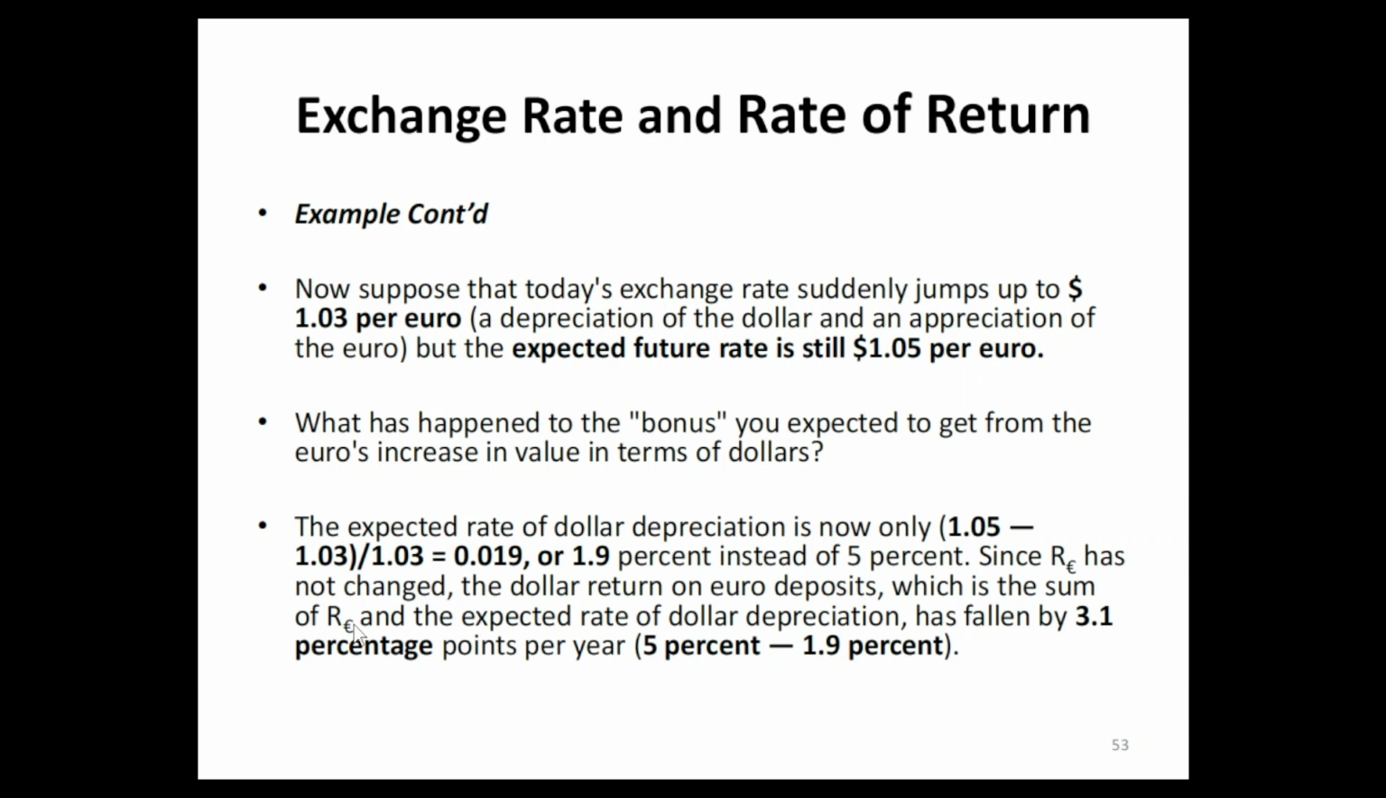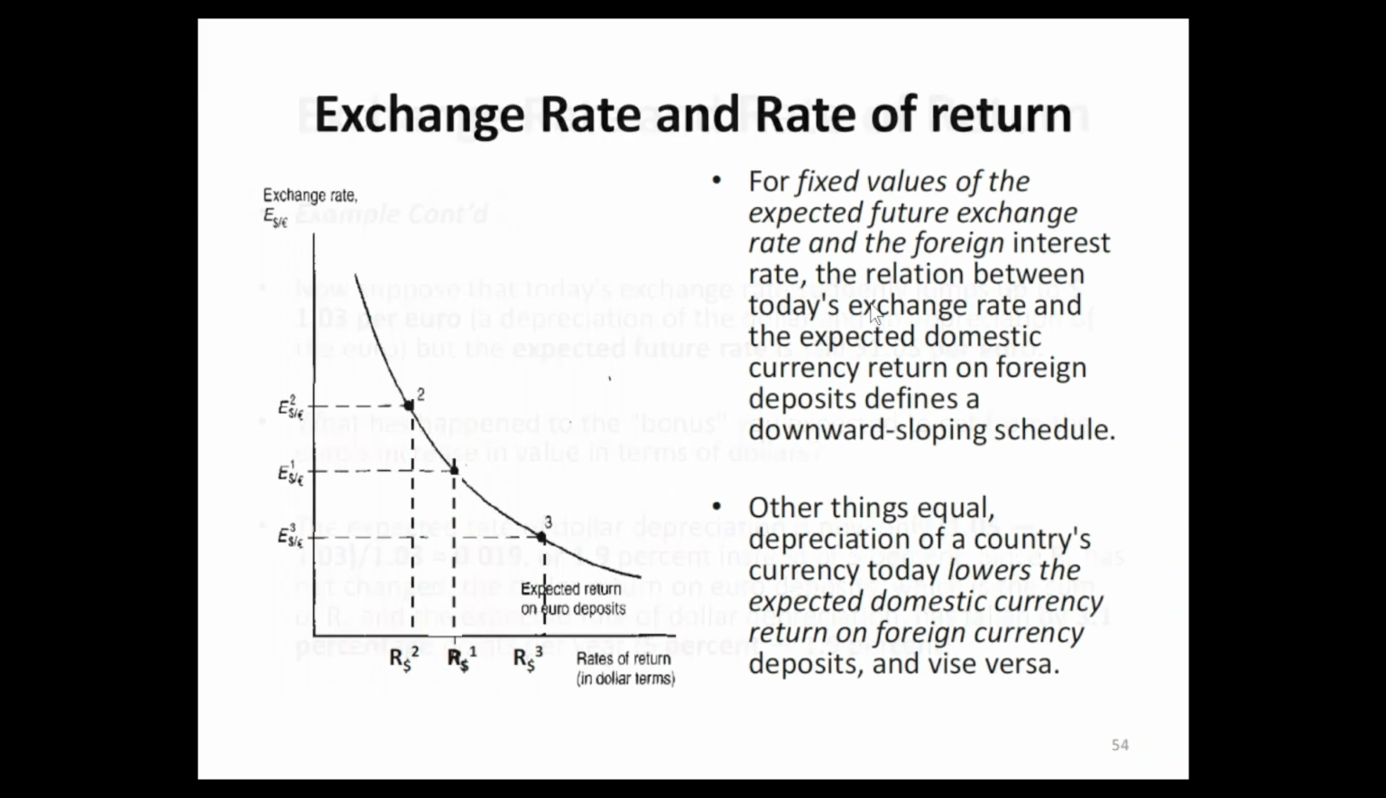interest rate of the euro and the expected rate of dollar depreciation, right, has fallen by 3.1 percentage points per year, because 5% minus 1.9% gives 3.1%. We can do this. So here, looking graphically at the exchange rate and the rate of return,